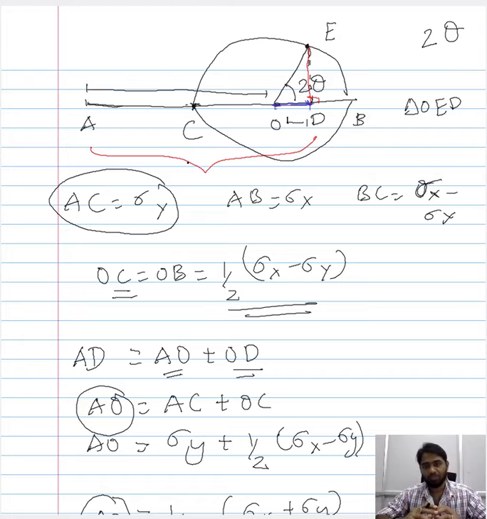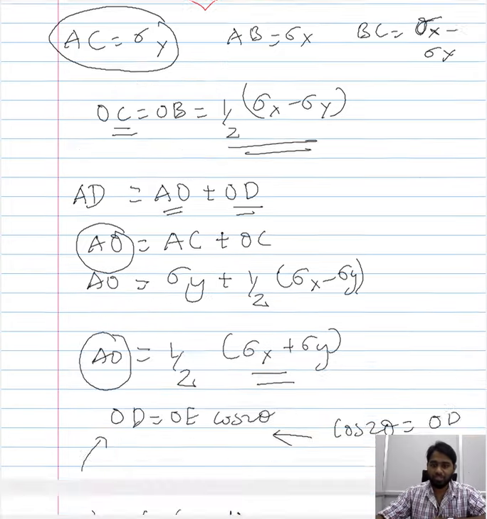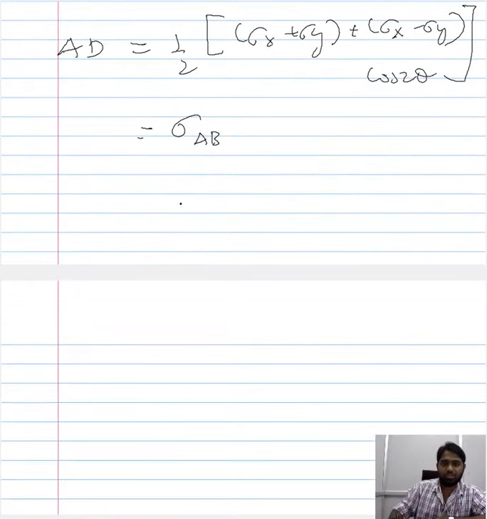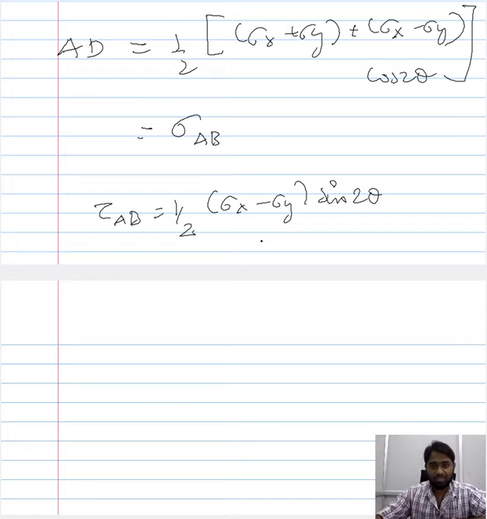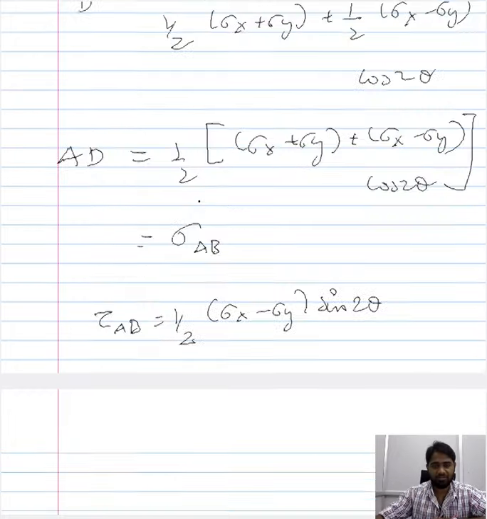Now the other component of stress that remains is the shear component, tau AB, which we saw is expressed as 1 by 2 (sigma x minus sigma y) sine 2 theta. We derived this expression in the previous lecture, and this is how the expression looks. So let us see if there is any segment within the graphical representation that would give us this expression.